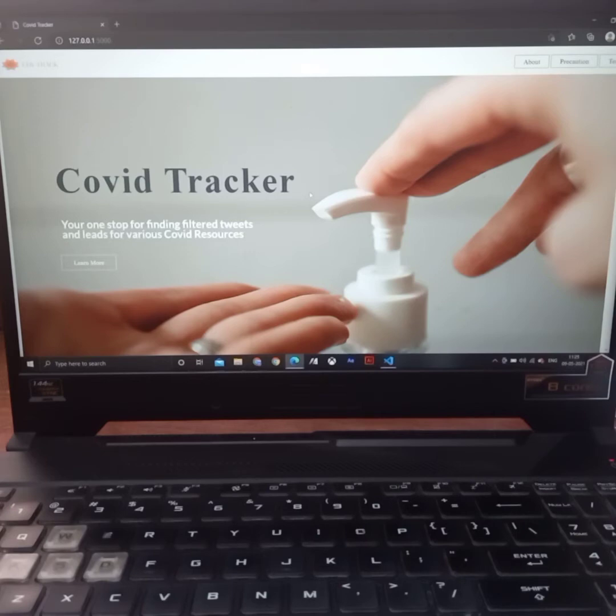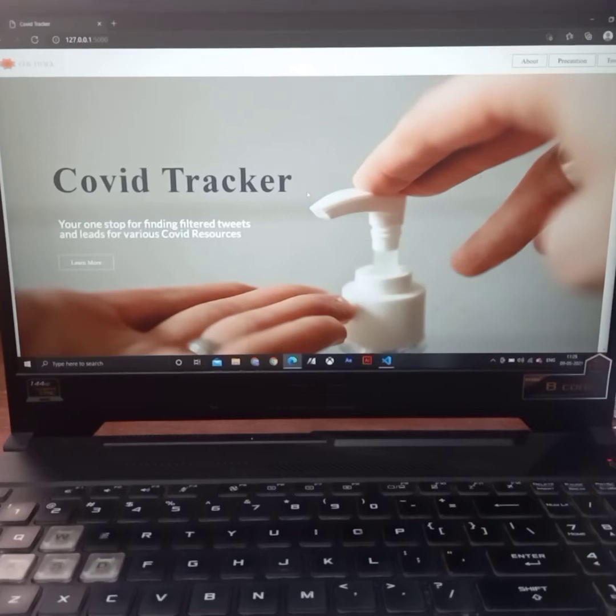We all know that India is experiencing a COVID tsunami at the moment, and in this time, many people on social media are trying to help each other. Our web application basically helps these people help others. We basically filter verified leads by doing advanced search on Twitter. Many people don't know how to search for relevant hashtags and words on Twitter, and our web application does that for them, and it shows all the verified tweets in one place.